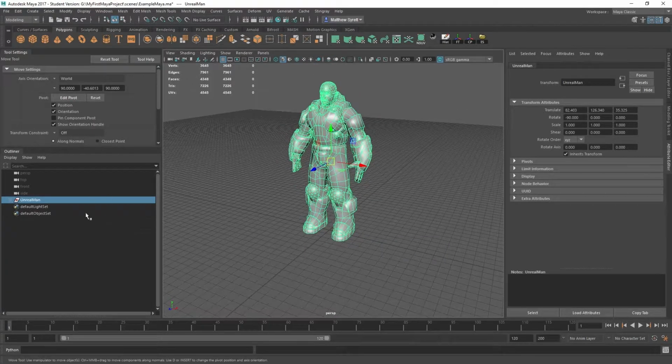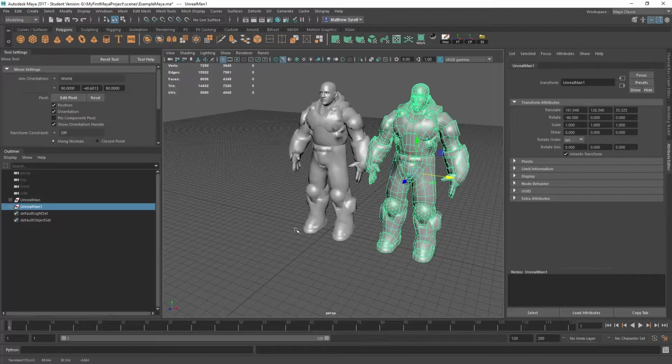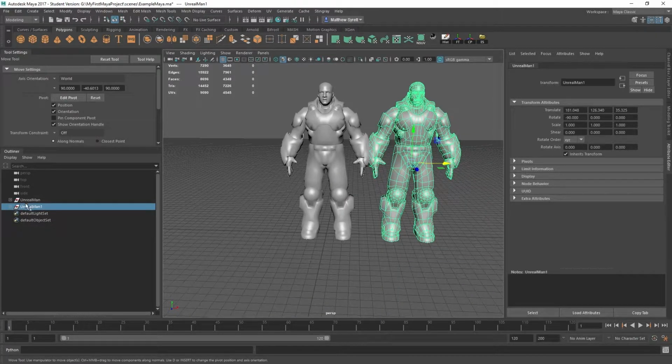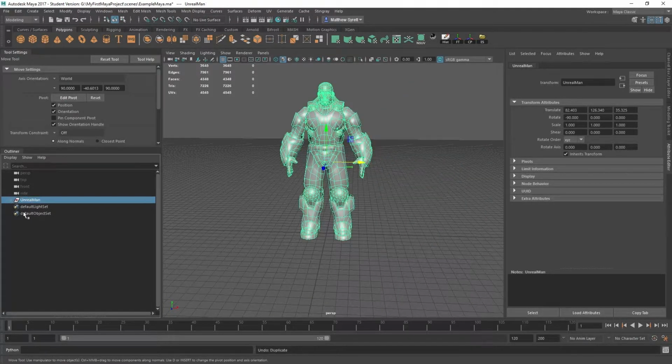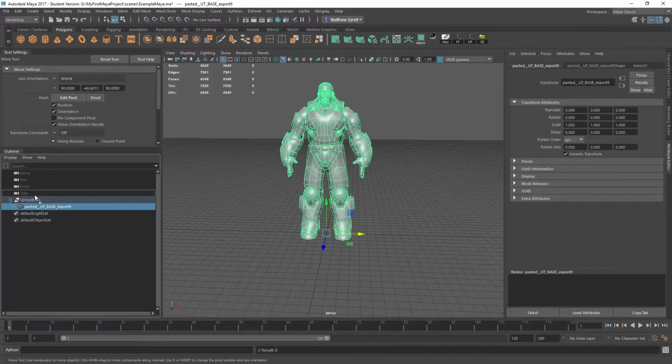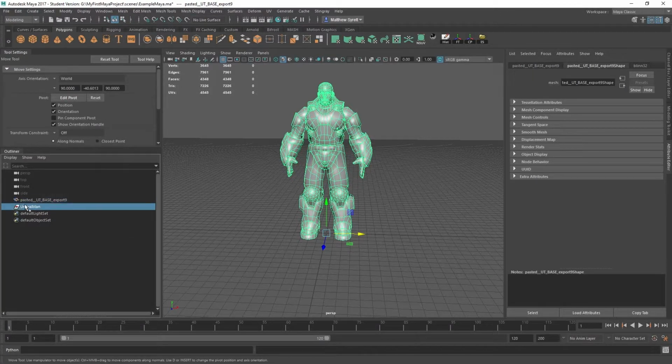One thing as well that you'll see I'm pointing here is something called the outliner. Now the outliner is very important because what this one does is it allows us to see what's exactly in the scene. So if I was to duplicate this guy, you can see that now I have 2 Unreal Man group folders here. And if I hold shift and left click, that will open up everything inside of that group. So if I just move this out so we can show you something. So I'm holding middle mouse button and that allows me to move this out,